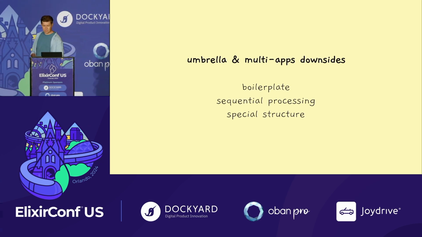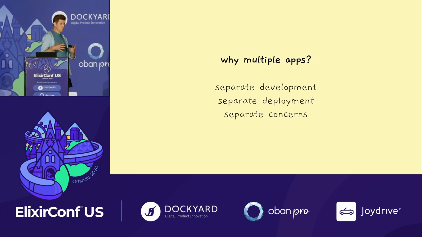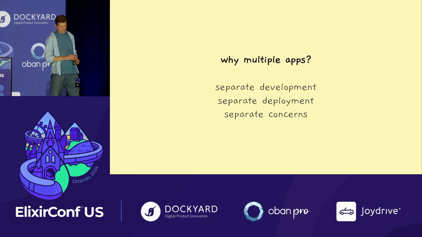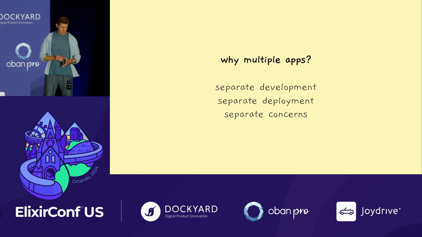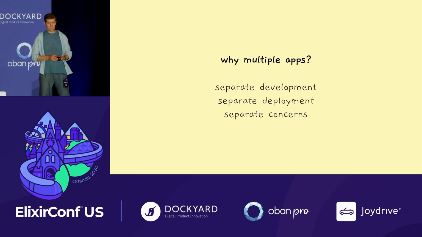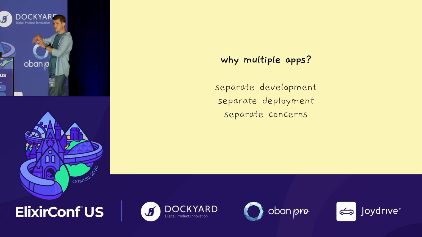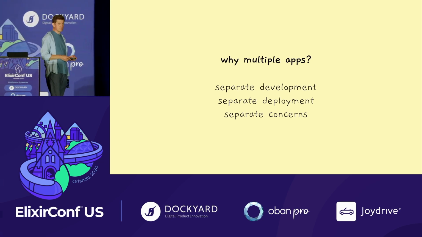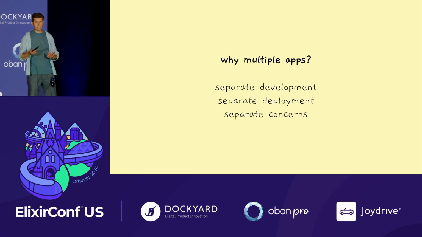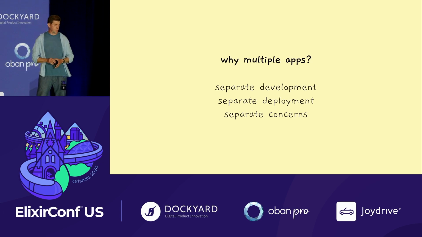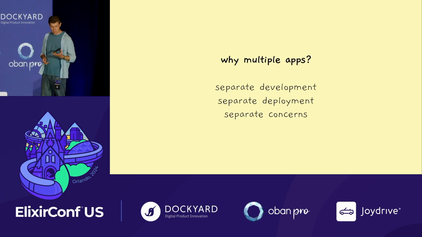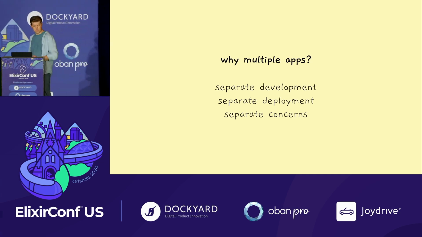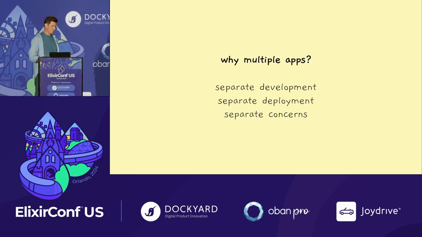Now, given that we do have some price to pay, it's always worth thinking about why we even use this thing in the first place, right? And so these are the reasons, the way I see them. Maybe something is missing, and feel free to add to this list. But broadly speaking, you may want to go for multi-projects because you want to have separate development cycles. You split your solution across multiple teams, and then each team has their own autonomy in choosing the versions of Erlang, of Elixir, of dependencies, their own deployment cadence, right? And so this is really where you need multiple projects, and so that's perfectly fine. Umbrellas are not going to cut it, though,